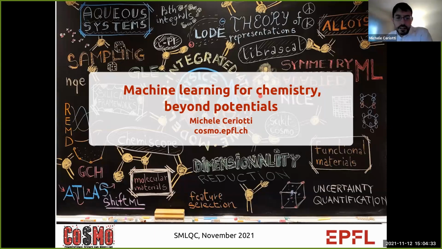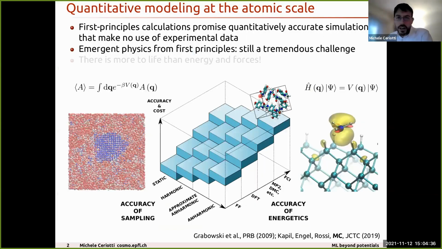And to give a little bit of motivation, the broader motivation why I got into machine learning is really because deep down my interests involve modeling physical processes in materials and for molecules. And in particular, my ambition would be to go beyond the prediction of single point properties for ideal geometries, but really to sample the distribution of configurations that is associated with certain finite temperature conditions, to incorporate defects, interfaces, and